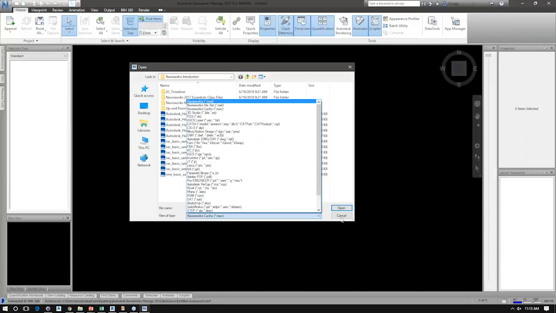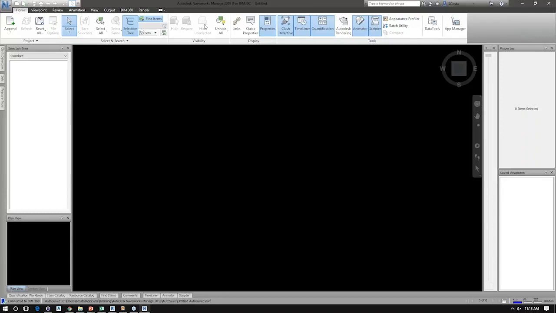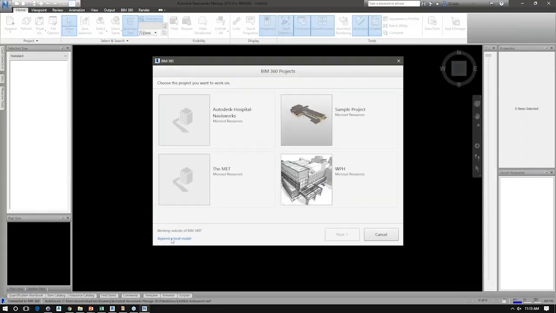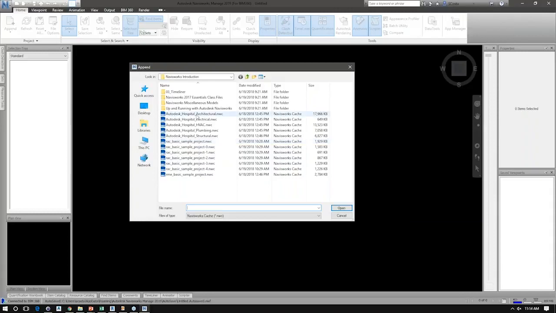So I'm going to cancel out of this just momentarily, point out that I'm working in an empty model. I don't have anything in the model quite yet. And what I'm going to do is I'm going to go ahead and open up from a series of local files, three NWC files, right? An architectural model, a structural model, and a mechanical model. And I'm going to go ahead and click open,